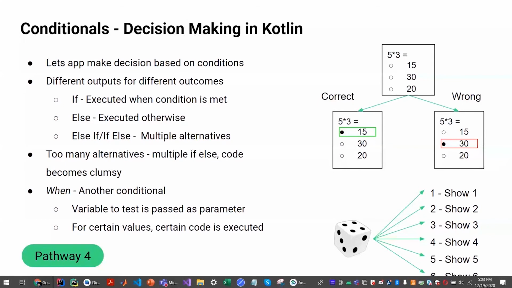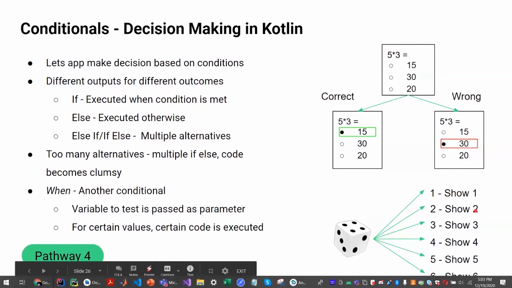Fortunately, Kotlin offers a solution for that through another conditional, and this is the last one we'll be talking about today, and it's the when conditional. How the when conditional works is that we give it one variable, and it checks the value of the variable against the predefined values that you'll be placing in the when conditional, and if any of them match, it will execute the particular value's code. For example, if you pass the randomly generated number from our function to the when conditional, it will check something like this. When the value is 1, show 1. When the value is 2, show 2. When the value is 3, show 3, and so on.